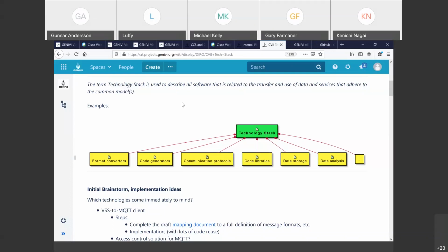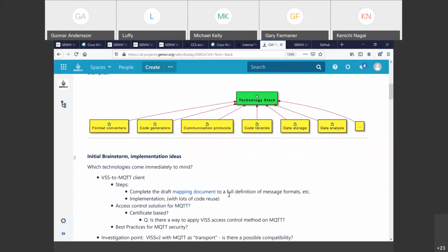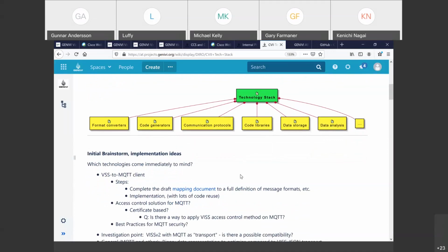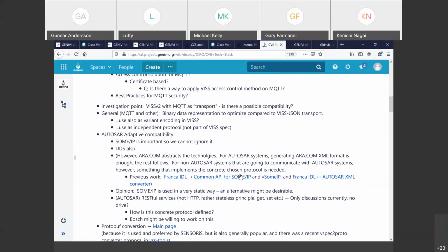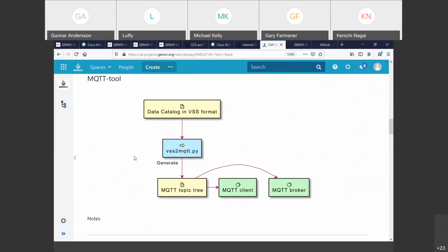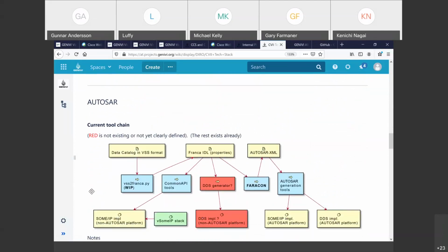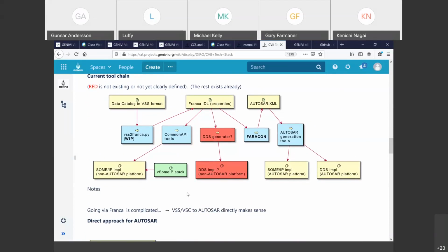And so if you haven't been part of this work before, I just want to show you that we're analyzing this work a little bit in our weekly meetings. We've talked about the key technologies that may be popular in the industry. MQTT obviously being one of those, typical pub/sub technology for VSS. That's a bit of a no-brainer. AUTOSAR is an important technology. We have had